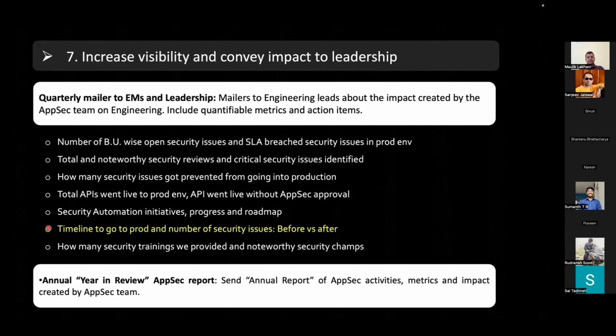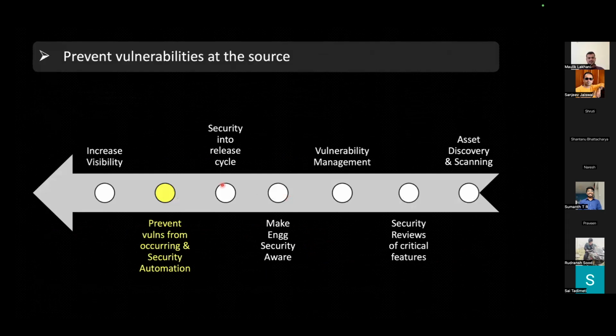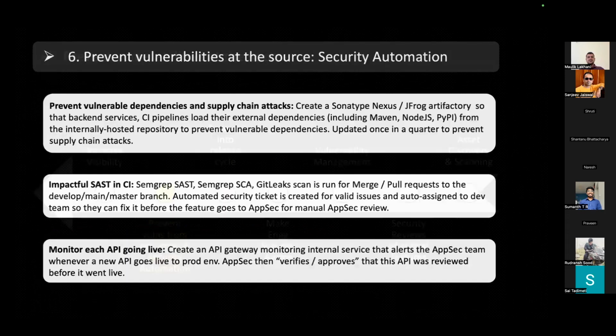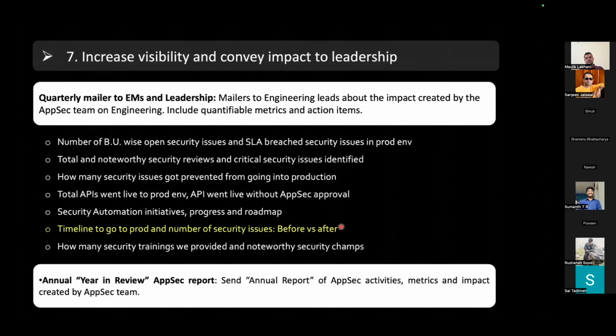After you started performing security reviews, which is your step getting into the release cycle, the original sprint was supposed to be 15 days, but then they had to accommodate you as well before going into prod.